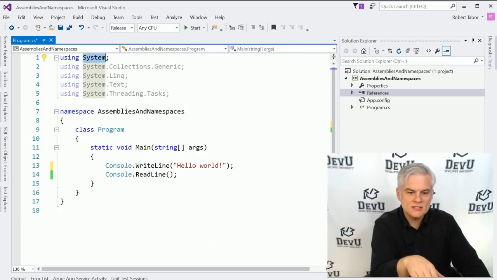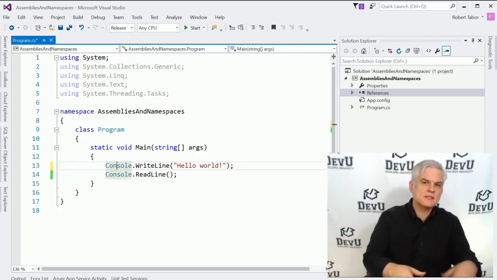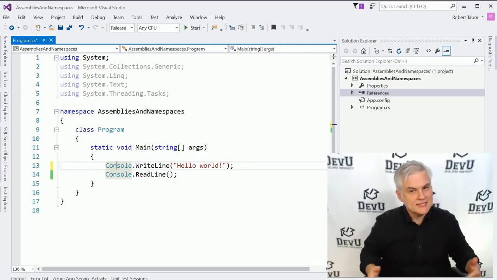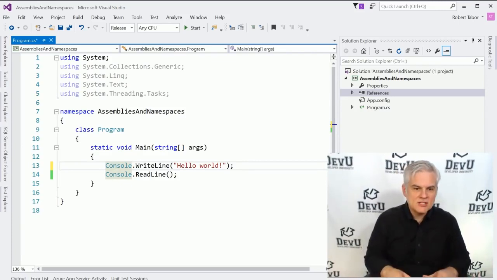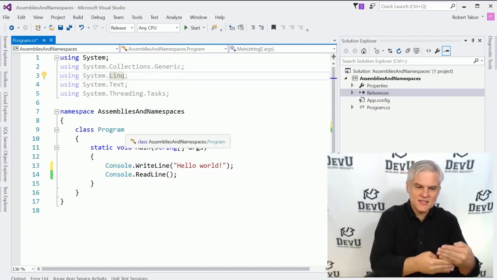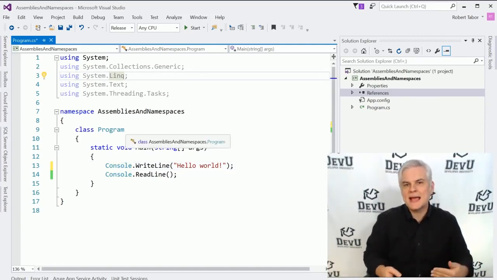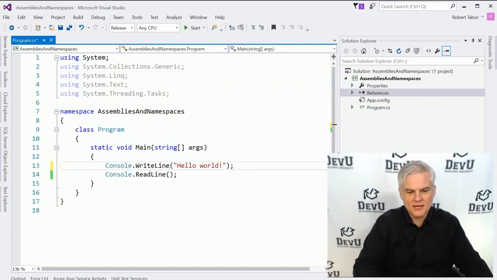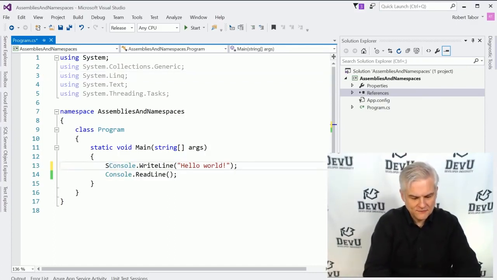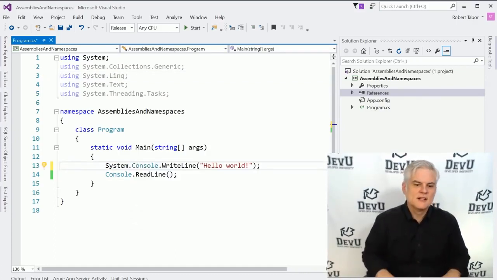All right, and so it thinks, well, that must be the Console class that he's talking about. Now, occasionally you might have two classes with the same name and you've added using statements for each of these inside of your code file. When that happens, you merely need to disambiguate by adding the full name of the class